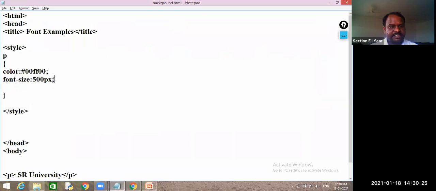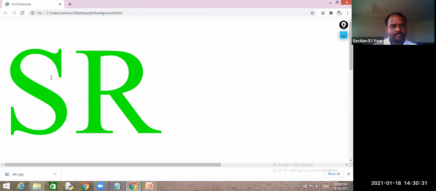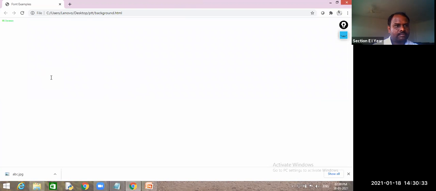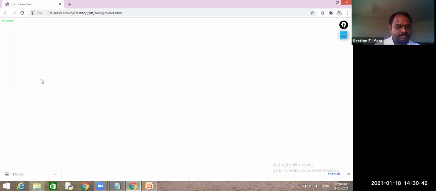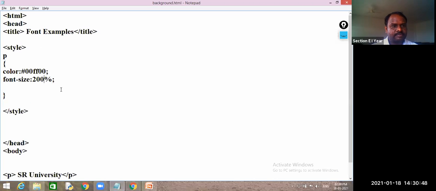Next, you can give percentage-wise also, I hope. So 50%. Very large in size. 200%. Can you see these sizes in percentage-wise? But what is the difference between percentage and pixel again?